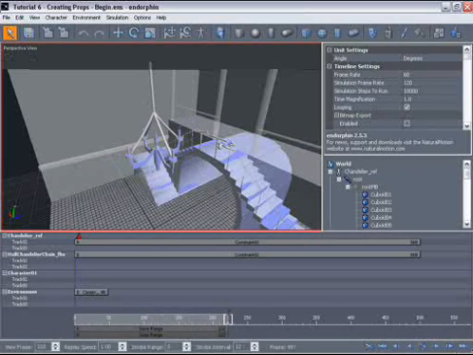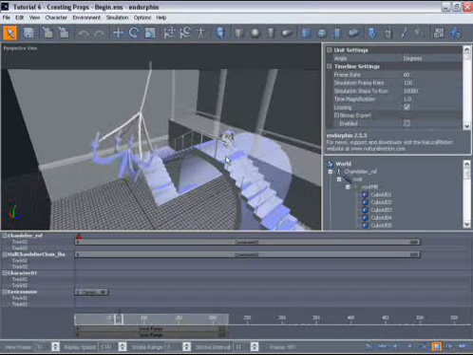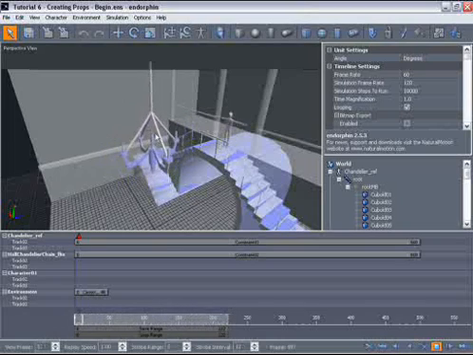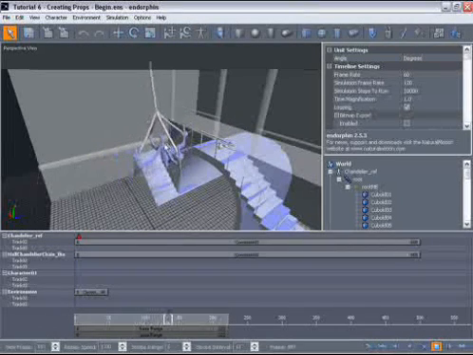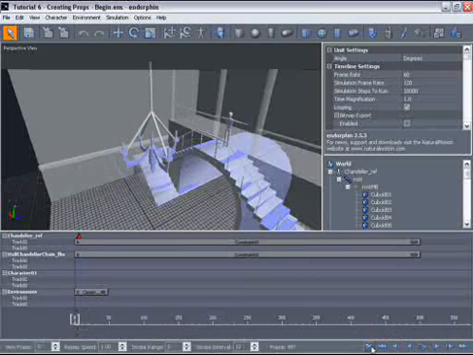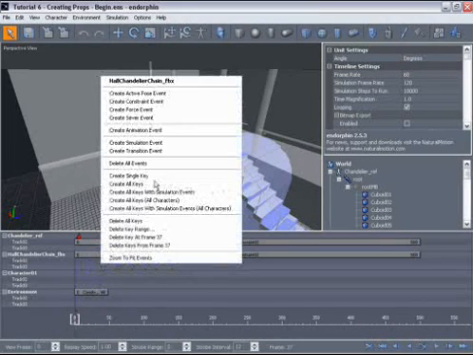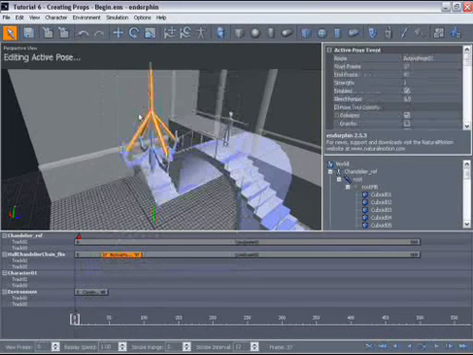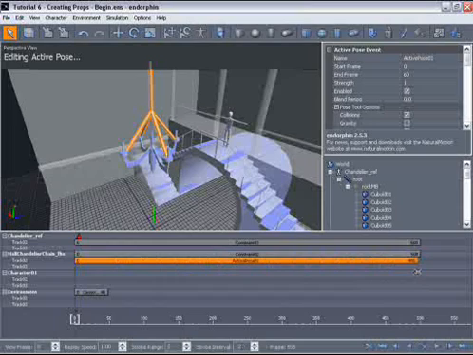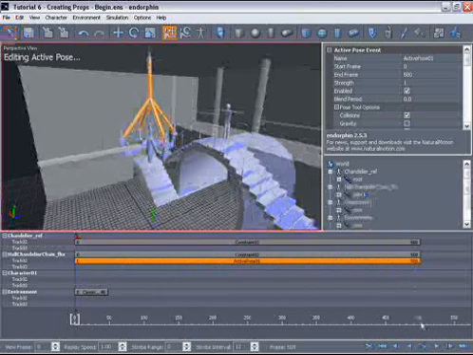Let's just play that animation back. You can see that the chain actually is jumping around a little, isn't very firm. We can fix that by using an active pose. So let's remove the existing animation, and on the Hall chain timeline we'll right click and create an active pose event. Let's move that down to another track, start at frame 0 and stretch it out to end with the constraints at frame 500. Now let's simulate again,